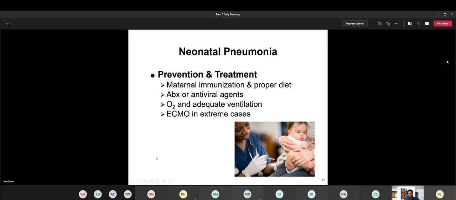And then once the baby has been diagnosed, you're going to have to start some kind of antibiotic therapy, or antiviral if it is not a bacterial type of infection. For the hypoxemia, we know we have to give oxygen, whether, again, you could do a hood, or